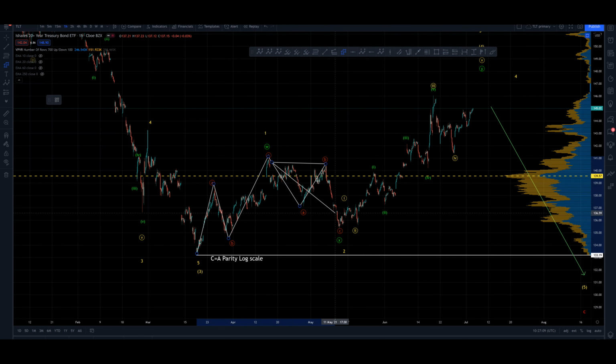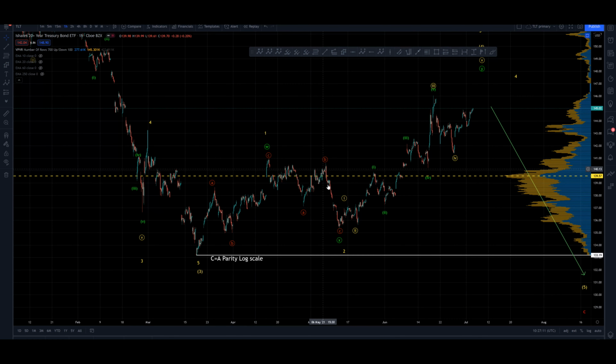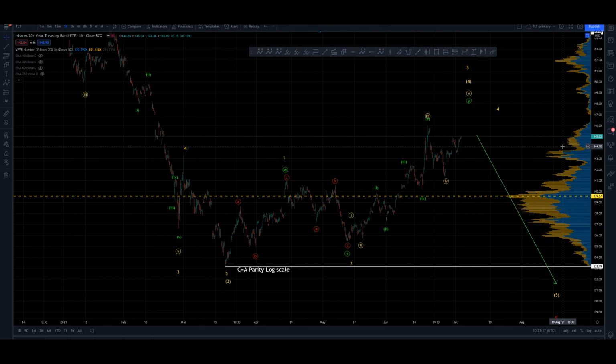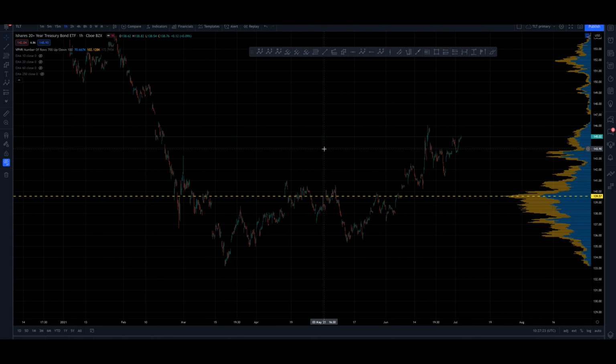This is 5 waves down here. Is it a zigzag? And now we're in a 3. You can see what I'm saying. So I'm in a bit of a befuddlement at the moment. The count's confusing me, so I think we're just going to have to clear away the count, work on some basic